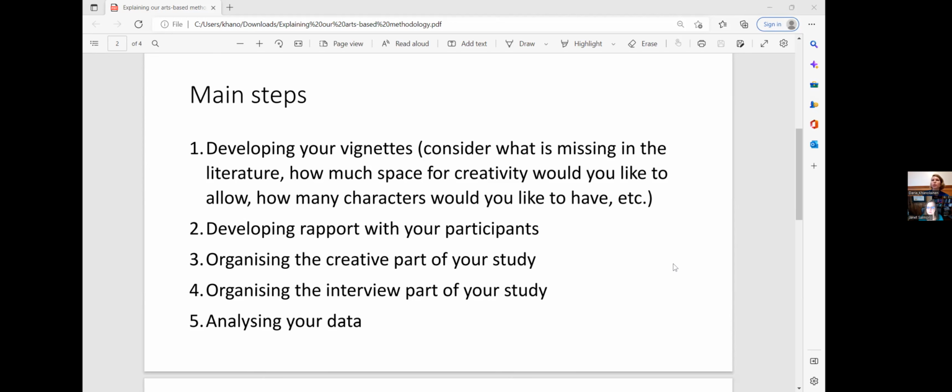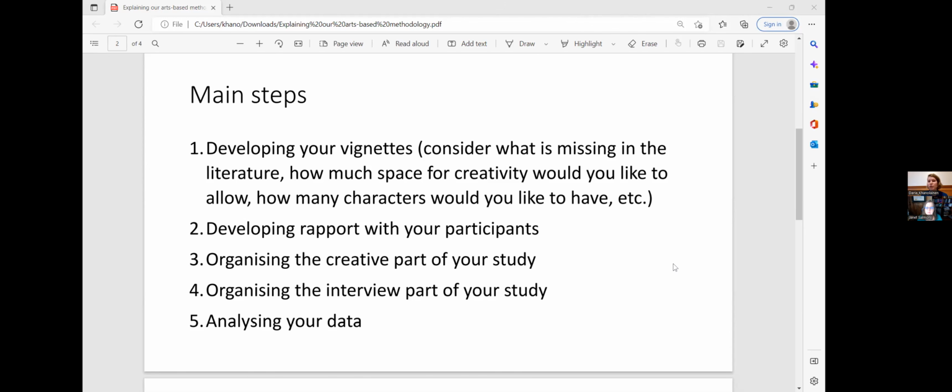And to be able to do that, you would have to first look at the literature, and the beginning is quite standard for any research project. You're looking for what is missing in the literature and why is it missing. Maybe a specific research question is just too difficult to approach with existing methods. So you're looking at that, and then